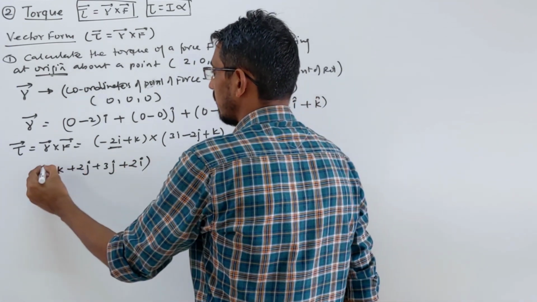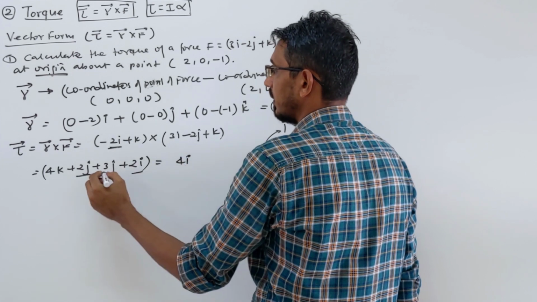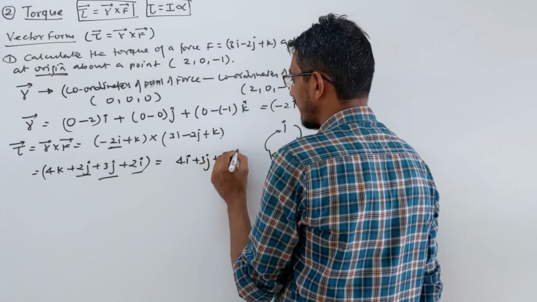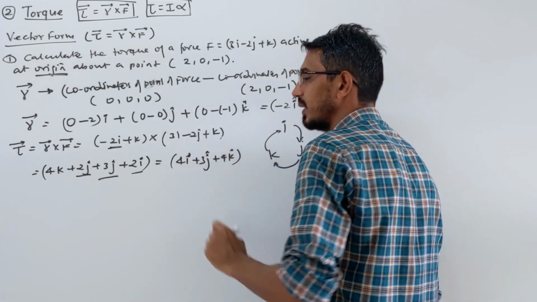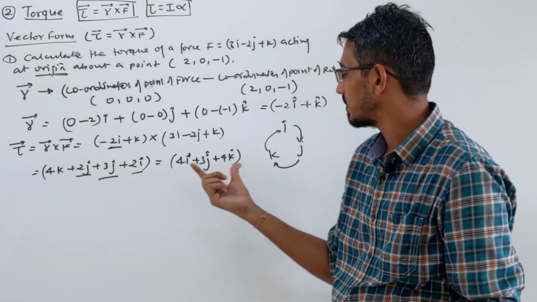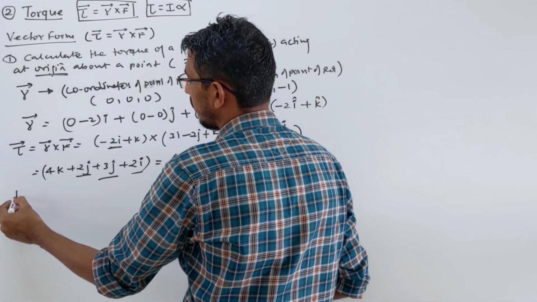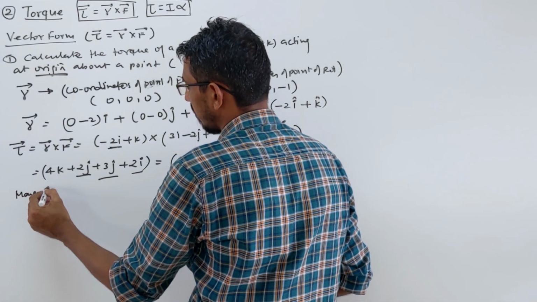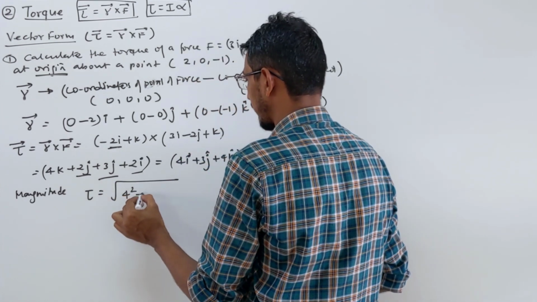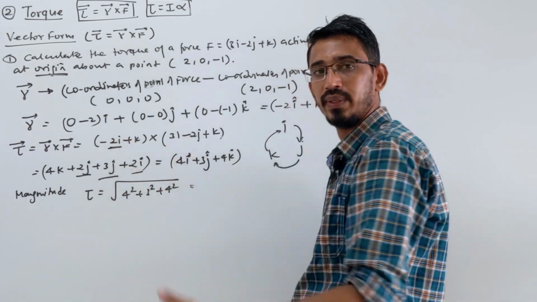So you can write it as 2i, then 2i, this becomes 4i, 3j, and 4k. Always write in proper unit vector form like this way, okay? So that's your torque. This answer can be given in vector form like this, or they can ask for the magnitude. Suppose they are asking for magnitude, you can take the square root of this, so the torque will be equal to simply square root of 4 squared plus 3 squared plus 4 squared. Some answer you will get, right? You can write like that.